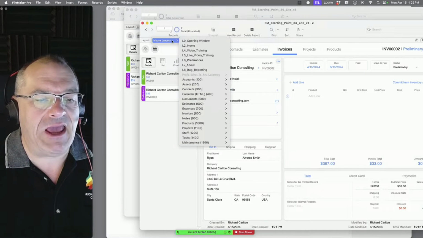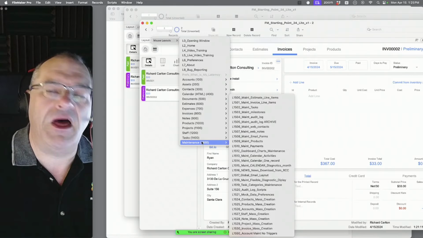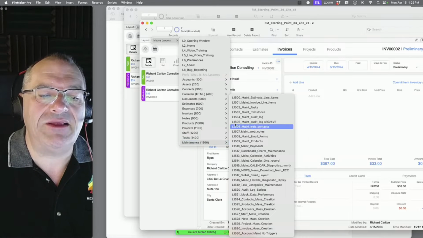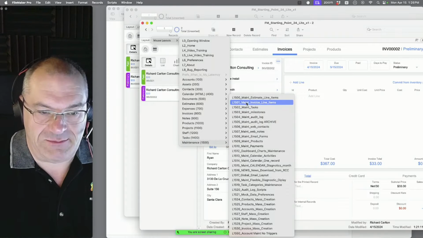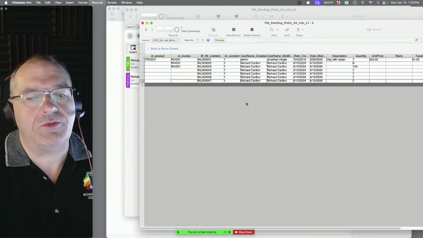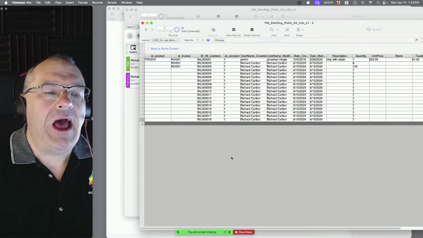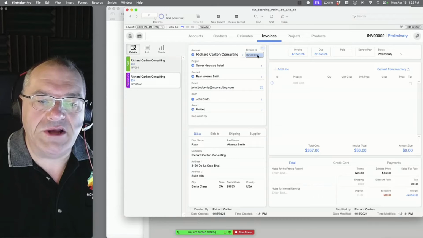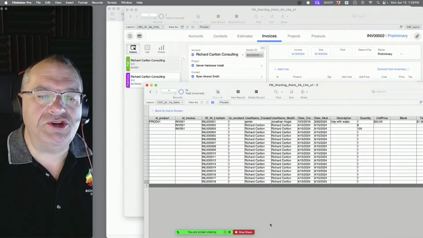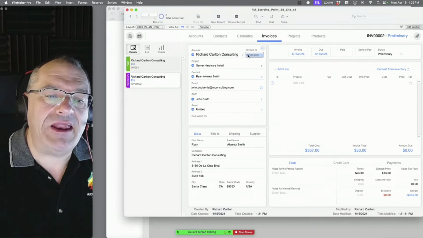So what I'm going to do is say, Stan, I want you to go to a maintenance layout, okay? And Stan goes, what's a maintenance layout? Stan, I'm not telling you what a maintenance layout is, but this is what I want you to do. Go to a maintenance layout and find the invoice line items. Oh, okay, I found that. And let's just pretend that there's a bunch of records in here, okay? Now we were on invoice 00002, right? I want you to find for me that invoice over here.